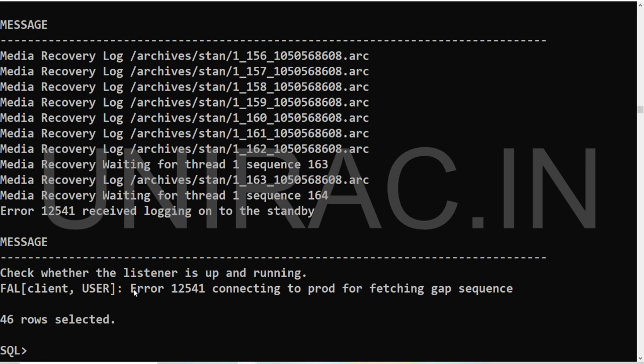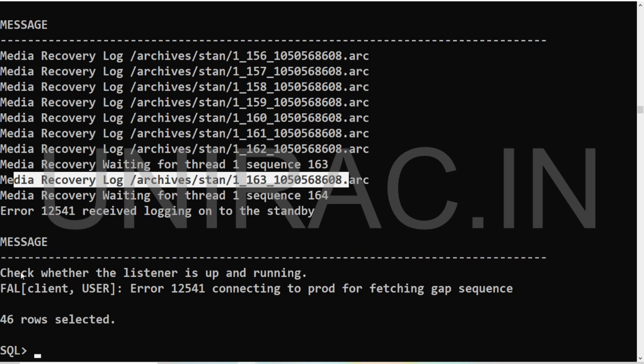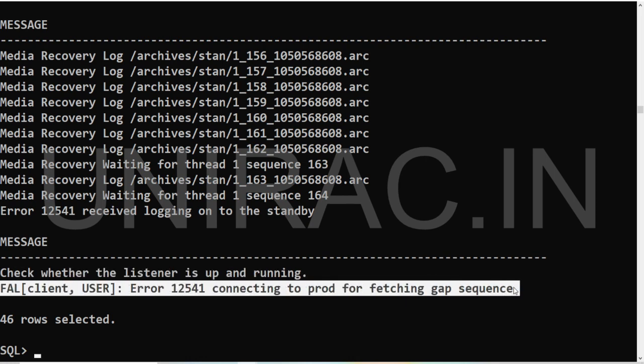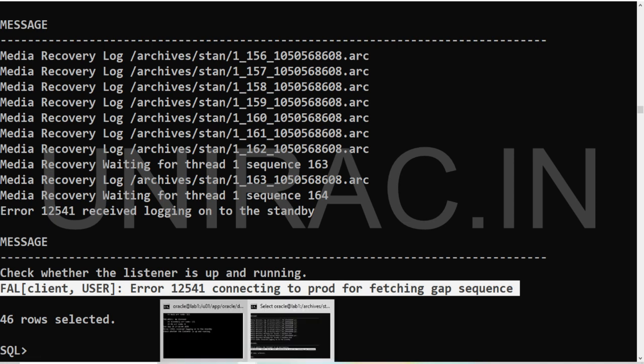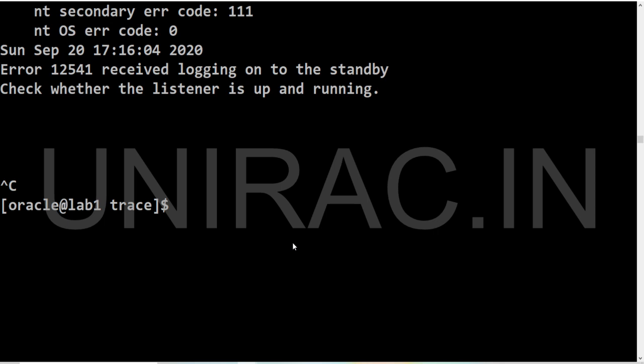You can see there is error 12541 connecting to prod for fetching gap sequence. So the last received was 163 and it stopped here. Check whether the listener is up and running, and it failed with the error. There is no update here still.